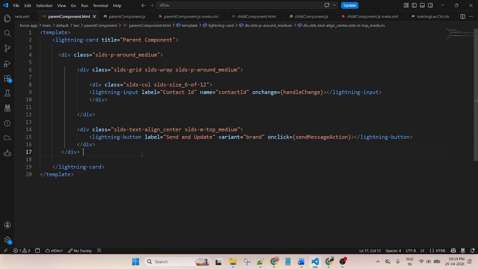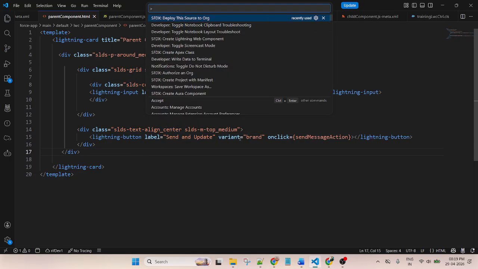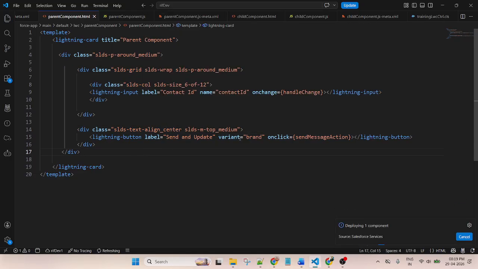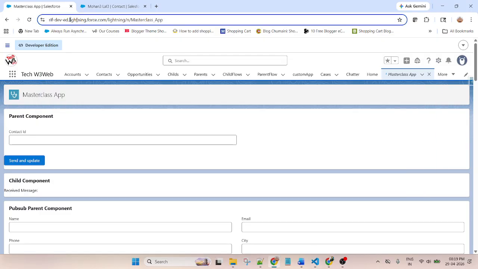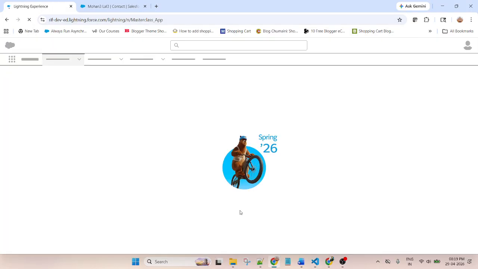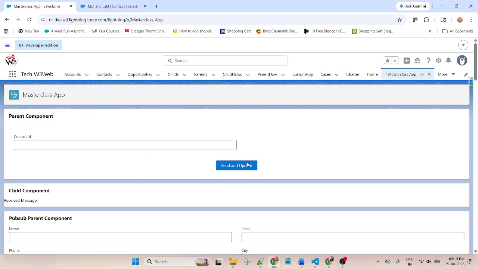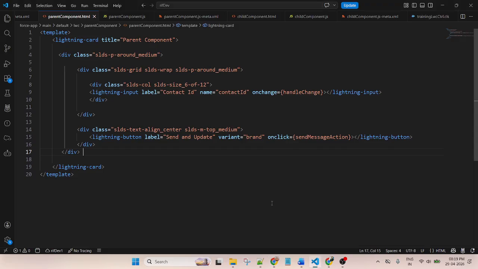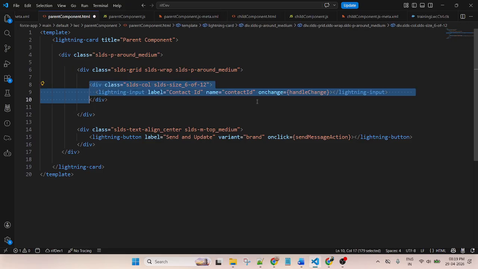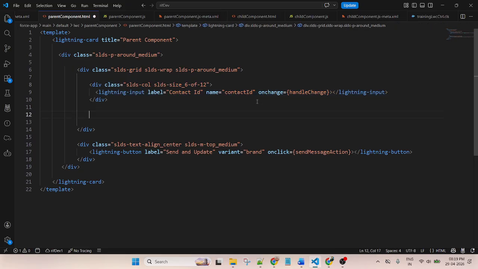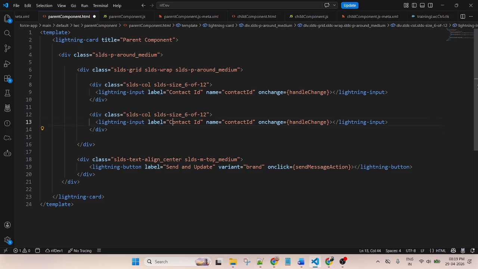Deploy the code. Refresh. Yeah, you can create another input field as well as per design. Copy and paste. This is email, name email.